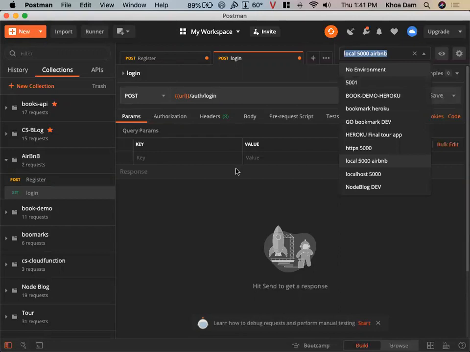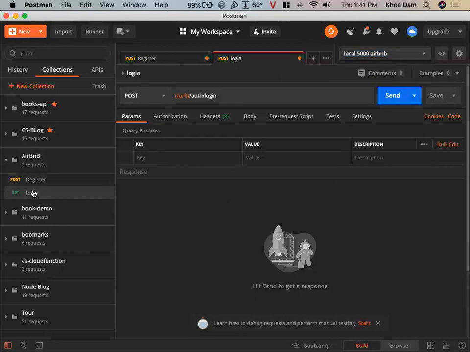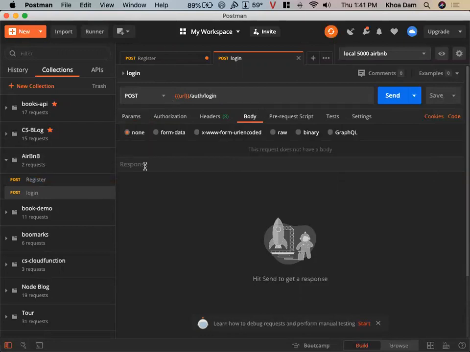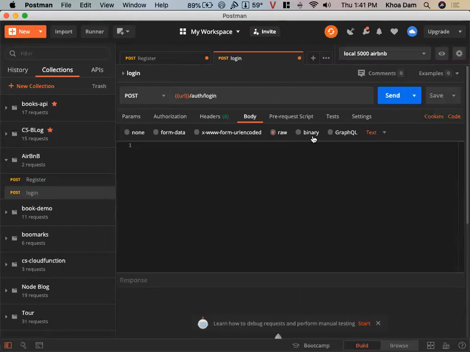So you created a new request inside the Airbnb collection, right? And then you change it to post. Yeah, we want to send some data in the body. That's why we need post. With get, we cannot send data. And we also send a JSON. So here we want to send email and